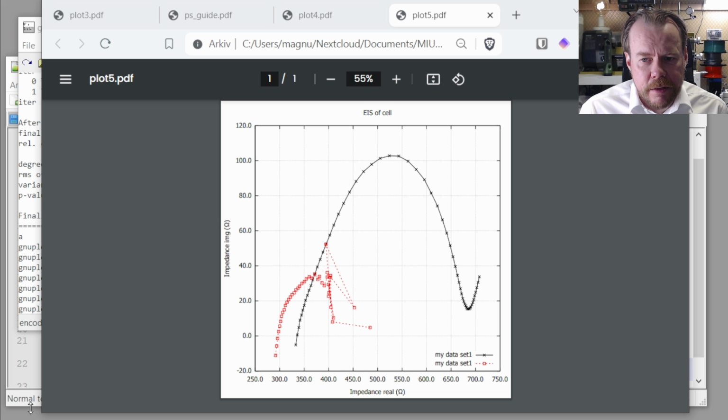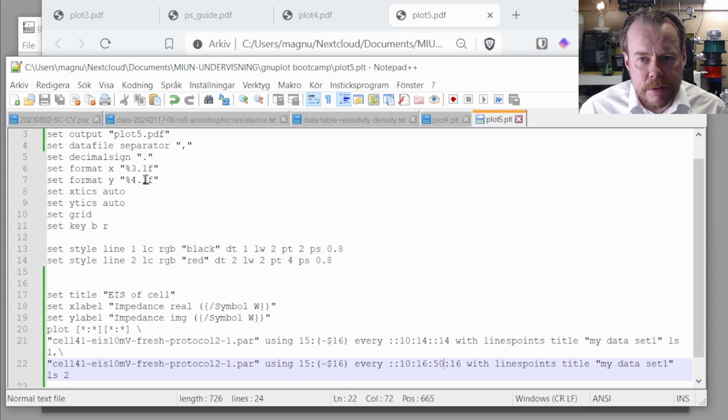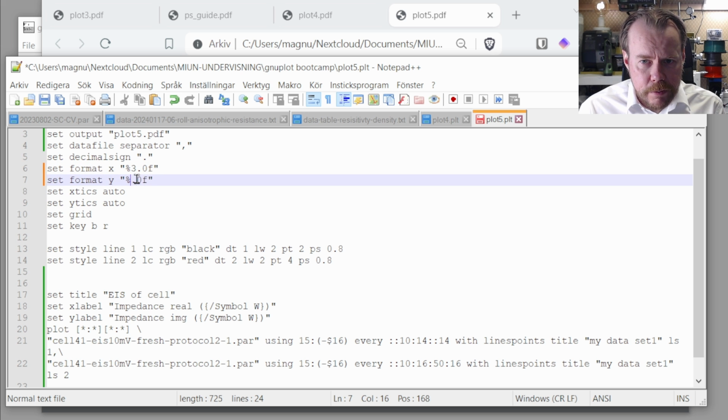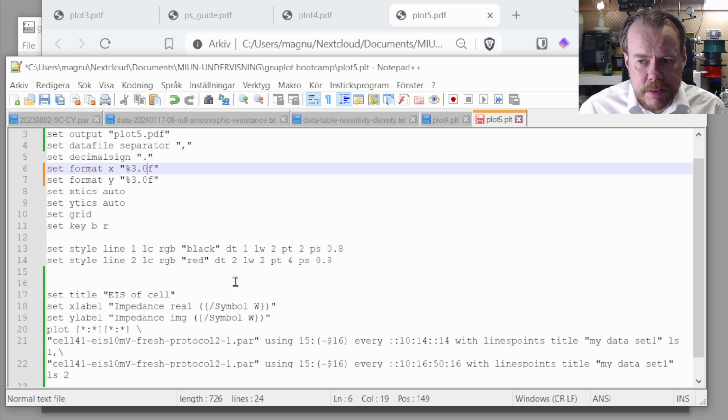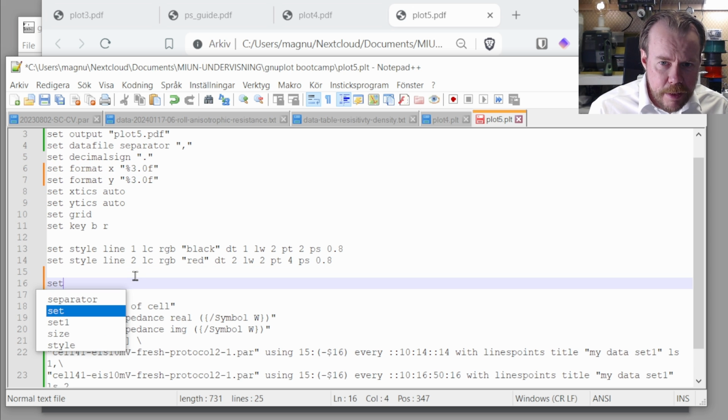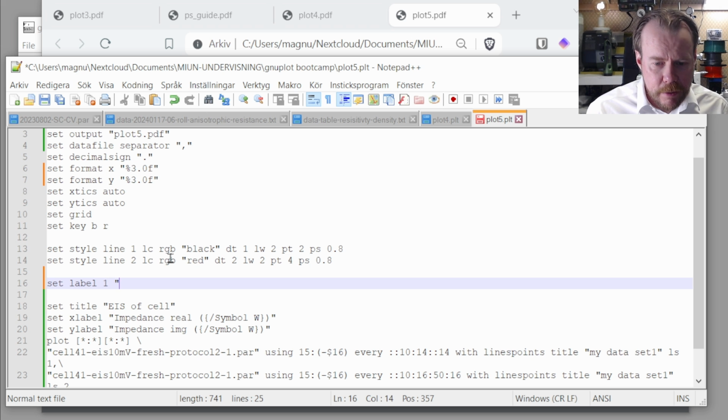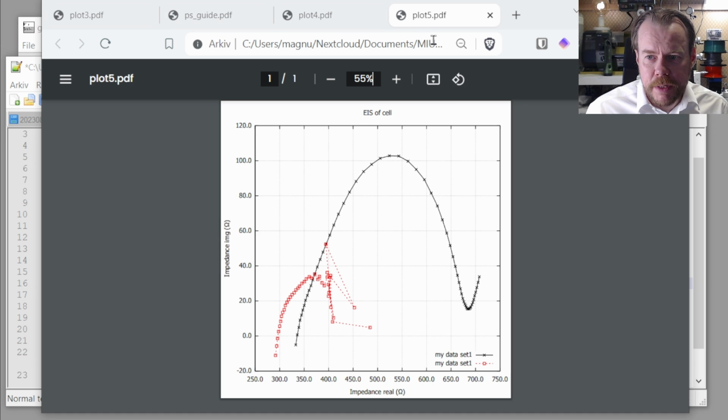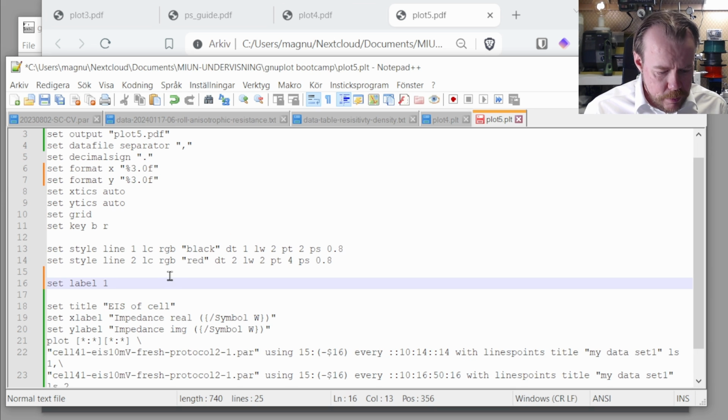So let's start adding this formatting and the label. So we remove the formatting here. It will be only integers, no decimals. That's the first part. And then we can add the label also. So set label 1 here. Where should it be? Can we fit it here? 650, 670 and 40. So we use the coordinates for position. 670 versus 40, right? At, and the label should be,